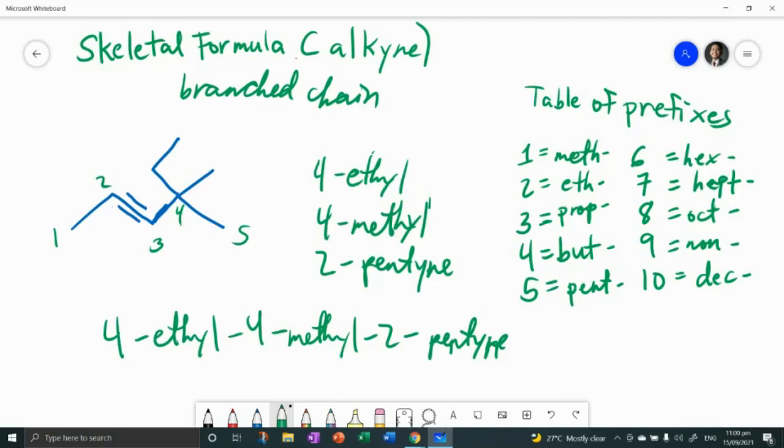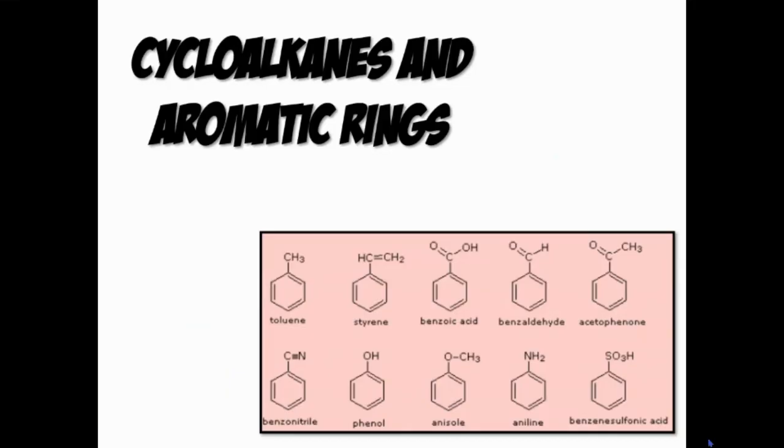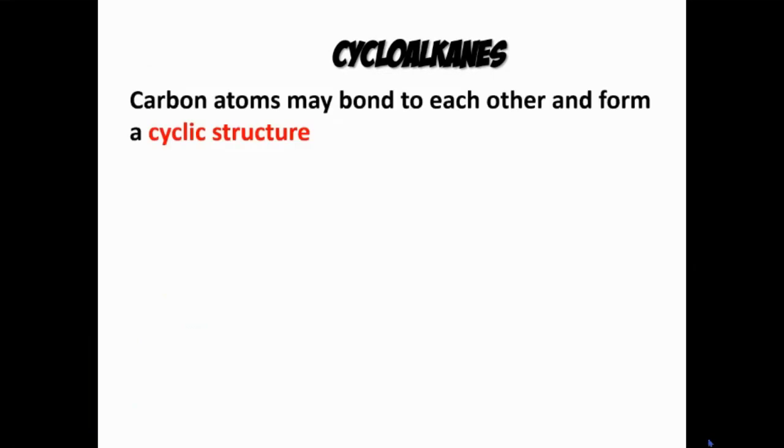So, proceed na tayo sa susunod nating lesson, no? So, mamove na ito. Proceed na tayo sa cycloalkanes and aromatic rings. So, ayan na po siya. In terms of cycloalkanes, una, the carbon atoms may bond to each other and form a cyclic structure, or isang cycle, paikot, pero hindi talaga siya literally a circular structure,